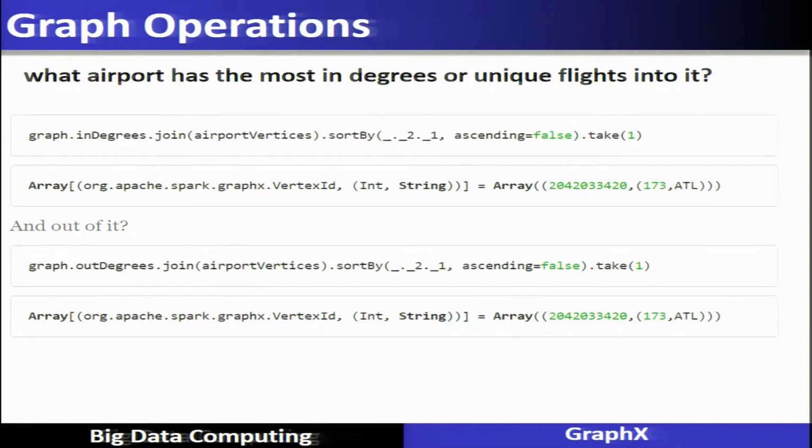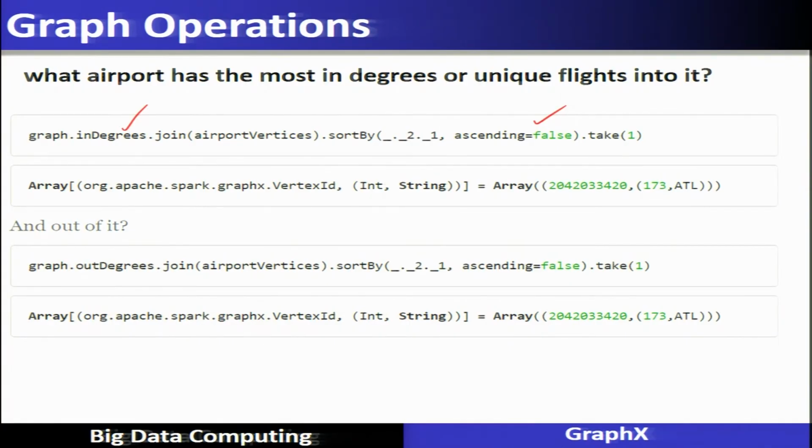Now if you want to find out which airport has the most in-degree, that is, unique flights into it, then using inDegrees and joining with the airport vertices, we can obtain this information. And what are the flights going out of the airport with the most out-degrees?